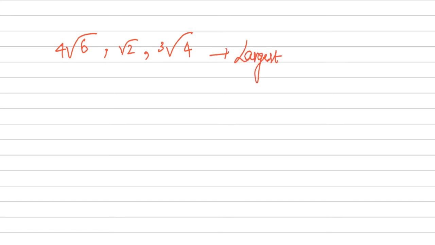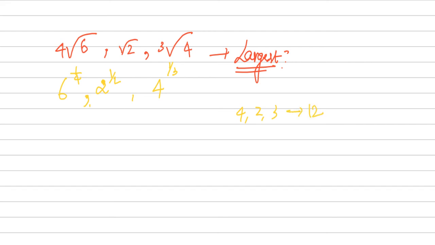So whenever you have these kind of problems, what you have to do, you just take the numbers. What is the number here? Okay, so let's try to express them as 3 to the power 1 over 4, comma 2 to the power 1 over 2, comma 4 to the power 1 over 3. So you have three different powers, like 4, 2, 3. These are the three different denominators. So now you need to find the LCM of this. LCM of 4, 2 and 3 is 12.